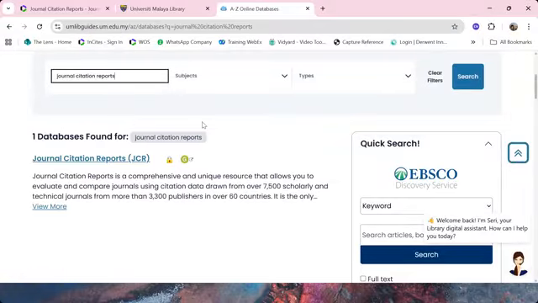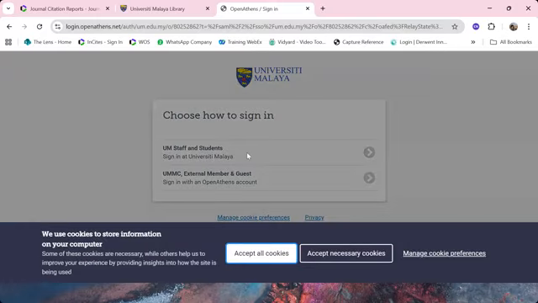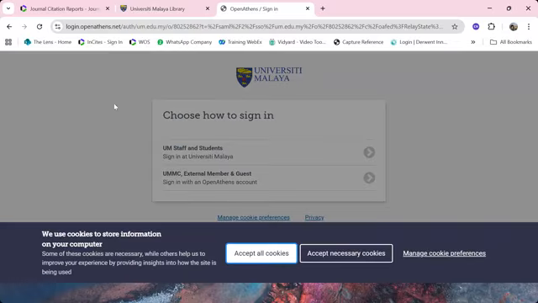This should be it. So it's here, JCR, and then there is a link, and it will take you to the Open Athens sign in, and then you sign in with your staff details. This is an example for UM, but for Utah and the rest, I think you need to check with your libraries respectively.